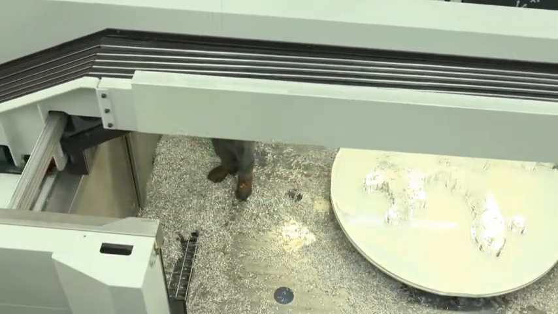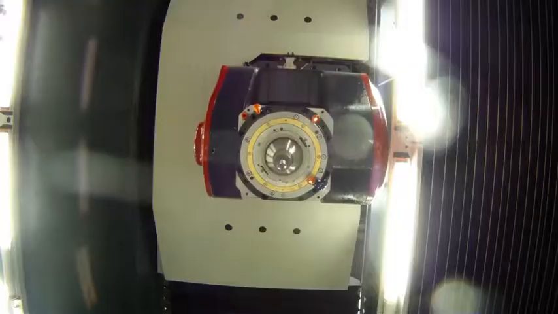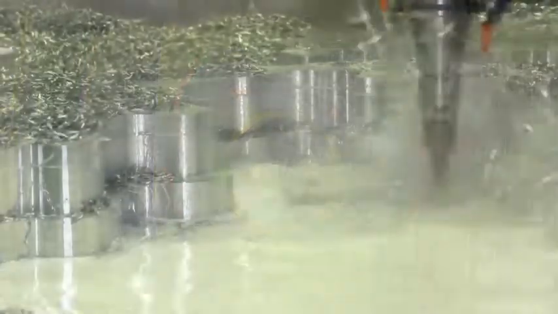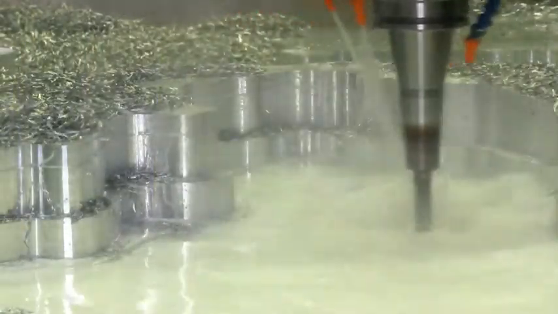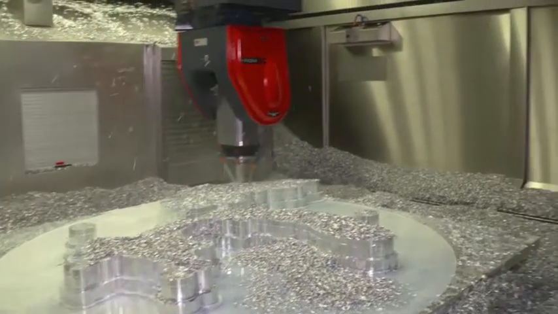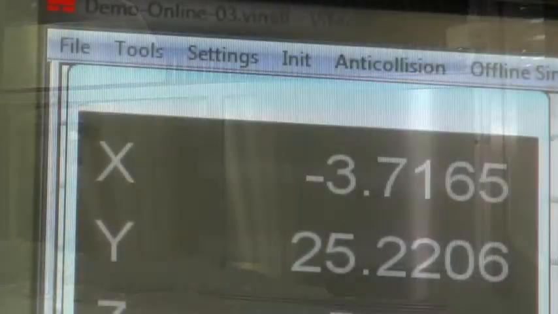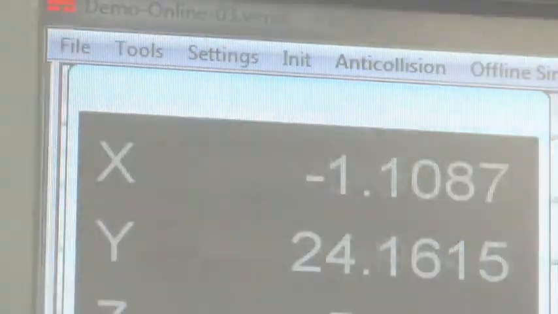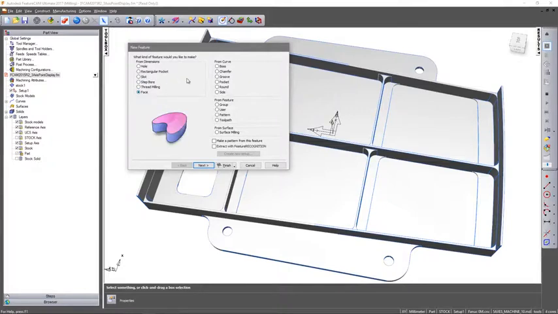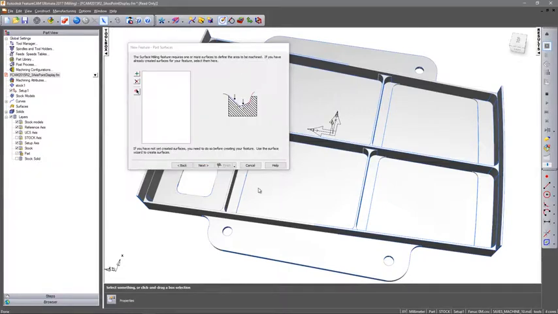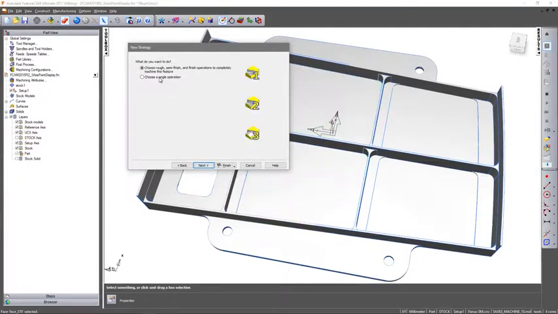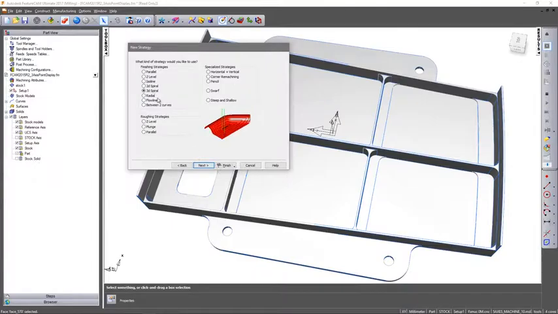CNC milling is typically performed on either vertical or horizontal mills. These mills come with different configurations of axes and architecture, so it's important your CAM software is able to support the range of machining centers available today. FeatureCAM has numerous 2.5D and 3D toolpath strategies for both roughing and finishing operations for 3, 4 and 5 axis